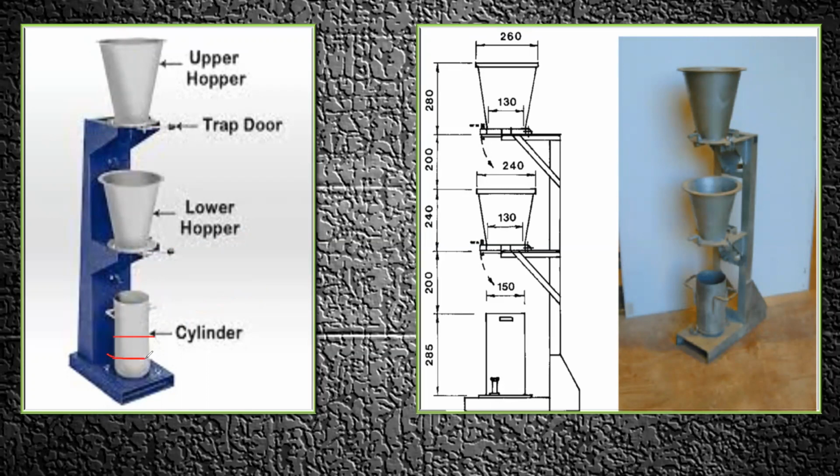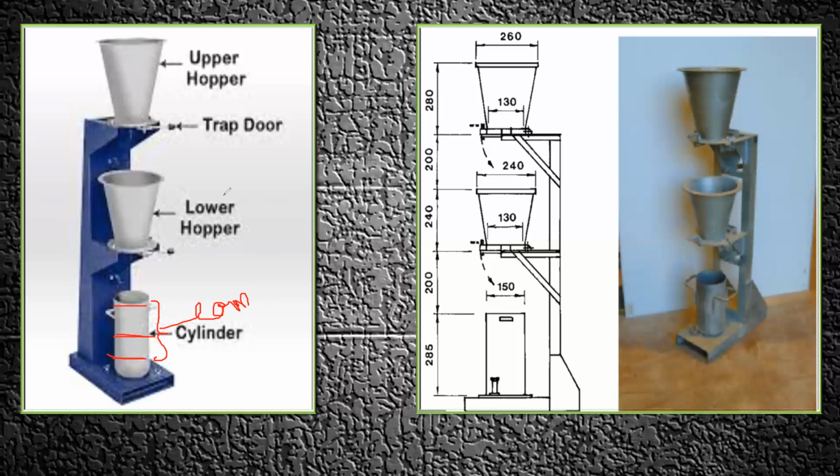Let us say in the first layer you have filled, you're going to do the compaction 25 times. Second layer you fill, again you do the compaction 25 times. Then again you fill the next layer, and again you do the compaction. So here you're going to do the full compaction, that is, here you're actually doing the compaction, right? In the first case you have not done the compaction, there is self compaction, that means the concrete itself was able to do the compaction.